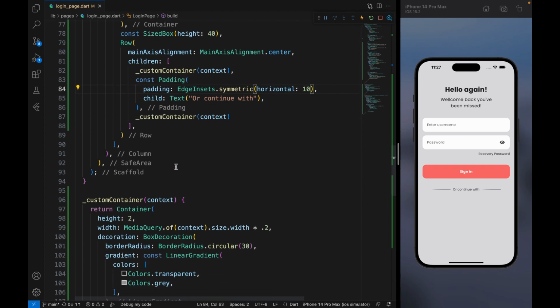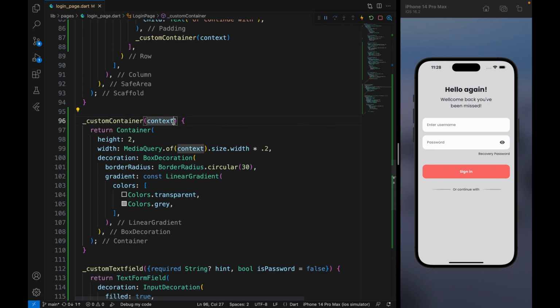So as you see here everything works, but now we're gonna need to change the way these two containers are displayed actually, because this one we want it to stay like this, but the second one we want it to start first with the gray color, and at the finish, at the end, we want it to be now transparent. So the way we're gonna achieve that is just by passing here a variable, a boolean variable